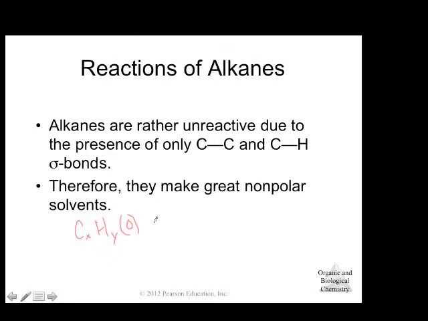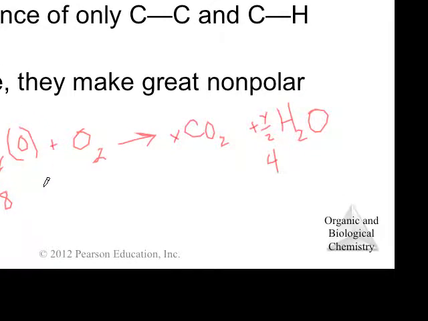That's certainly not the case with alkanes. And you put those with oxygen, you're going to get some CO2 and water, our basic hydrocarbon combustion reaction. Of course, however many carbons you have here is how many carbon dioxides, and however many Y's here, it'll be Y divided by 2. So if Y is 8, then you'll put a 4 here to balance. And then, of course, the oxygens are done by adding them up on this side, and then all you have to do is put something here. If it were something like glucose,